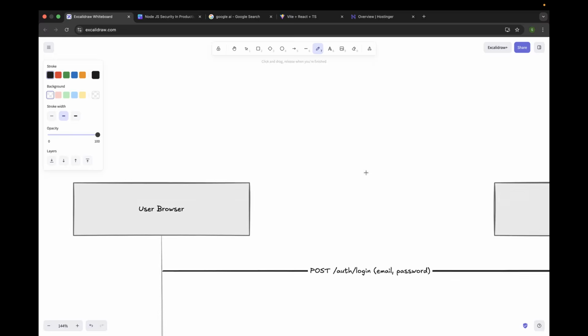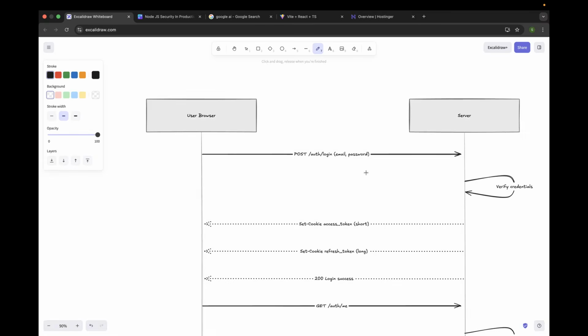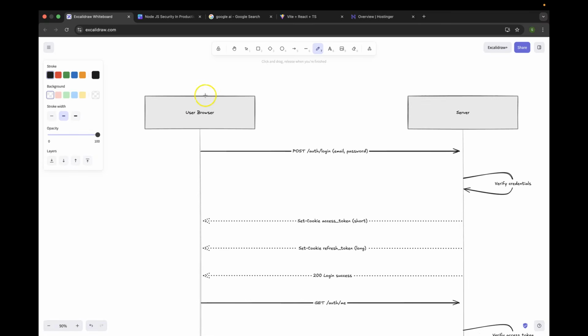Now let's understand this particular complete flow that I have added. So now see what is happening here. You have your user, browser and server. Why are these things very important? Because you will be able to understand this in a picture, so that while doing the implementation it will be easy. So you're doing a post request, right, in this particular